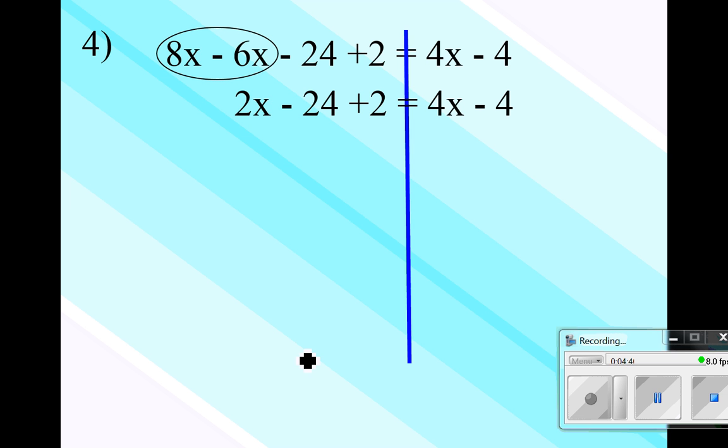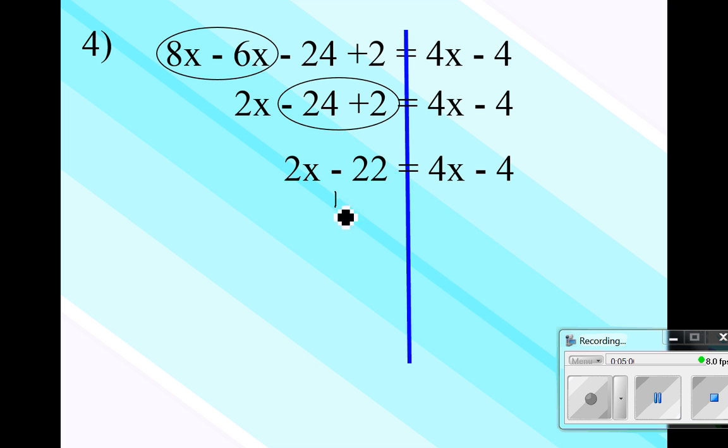Circling the parts of the problem that you're combining will be very helpful, especially with this next part, because we're going to combine negative 24 plus 2. You have to always include the symbol that is in front of the number. So that would give us 2x minus 22 equals 4x minus 4, and now we have something like we had